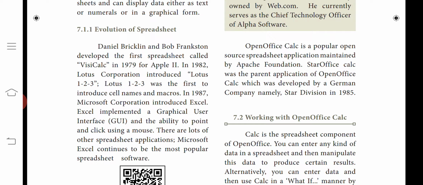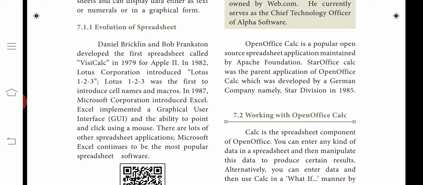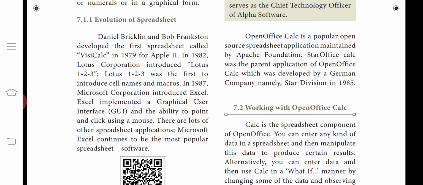StarOffice Calc is also used as a spreadsheet for organizing and calculating data. OpenOffice Calc followed StarOffice Calc, developed by Star Division in 1985.